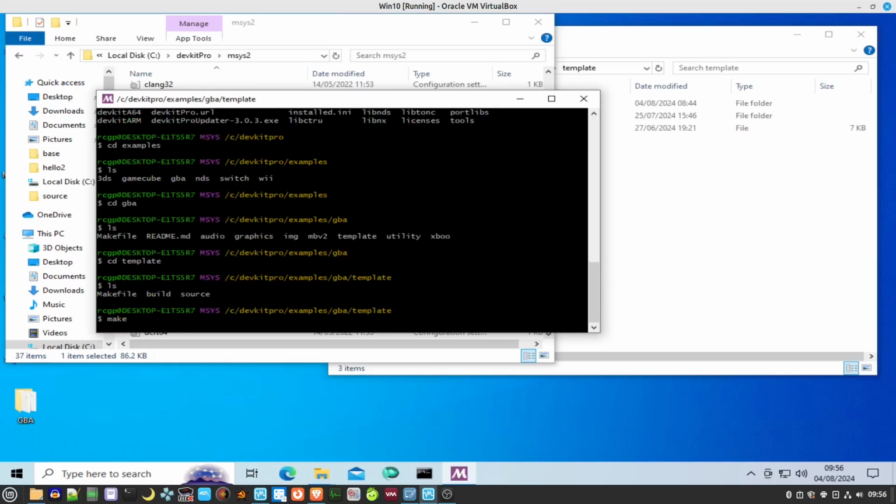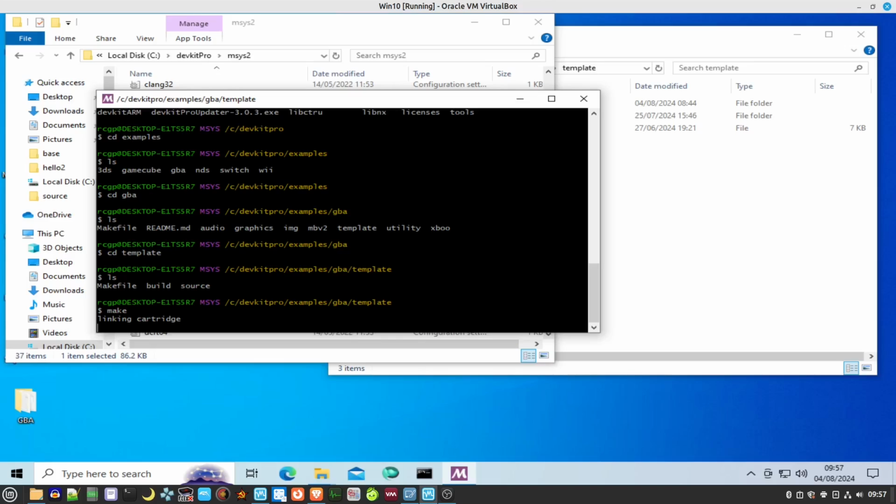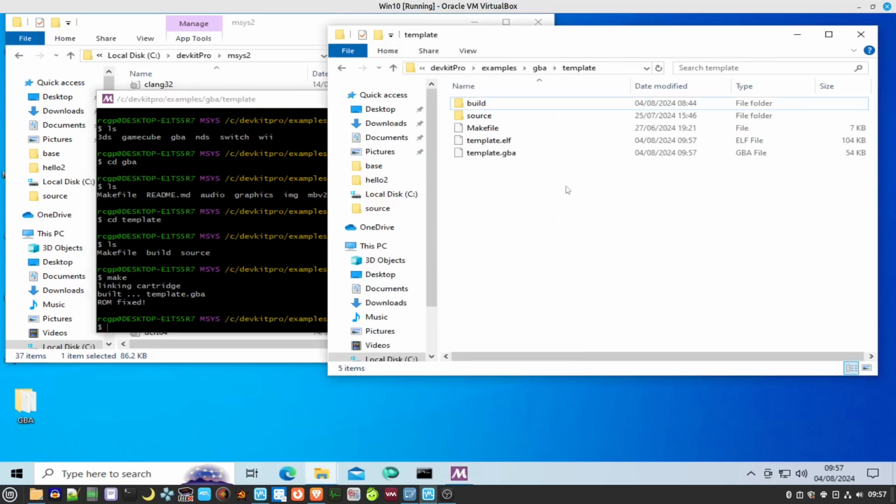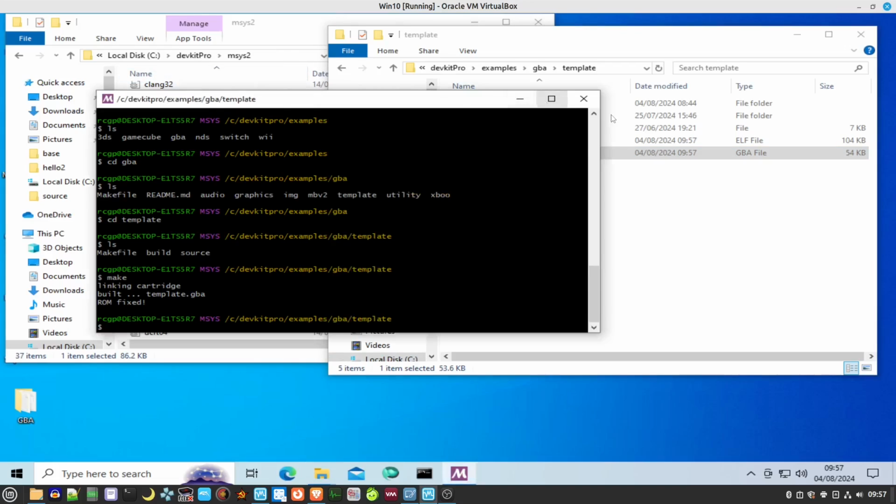Now if you type make, once you get to the location, then it should build a GBA file, or if you navigate to one of the other examples, it should build that. The reason why I'm showing you a GBA one here is because I have an emulator installed already. So for all of these consoles here,